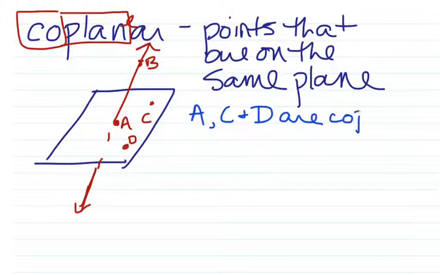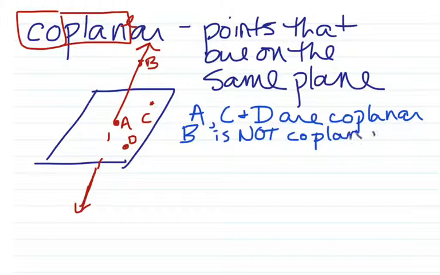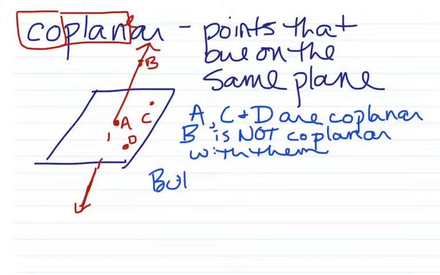Right, the dash part saying that's hiding behind the piece of paper, and then you can see the bottom of the pen that sticks out. So A, C, and D are coplanar. Now B is not. It's not on that same blue parallelogram piece of paper. It's up on the line. So B is not coplanar with those 3 other points. Right? Those 3 form a plane. They're on a plane. B is not on that same plane. However,